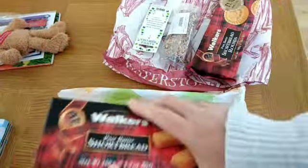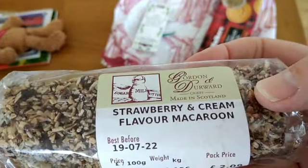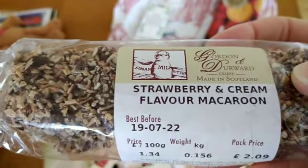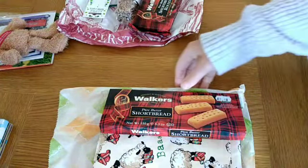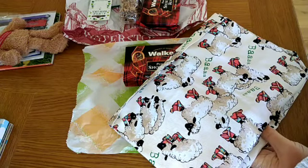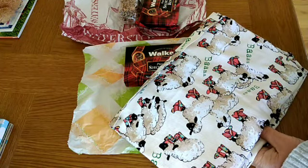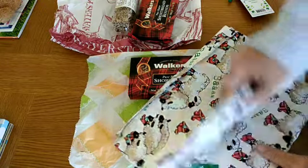So we brought these. And then we got some of these. In Scotland, they make a macaroon, and they make tablet. Oh, Russ must have put the tablet away for Will. So everybody had a bit of tablet and a bit of macaroon and some shortbread. This was for Russ's mum, this little box of shortbread here. And I also picked her up an apron. But the other kids, mine and Russ's boy William, we just brought them food: biscuits and macaroons and some tablet, which is kind of like a